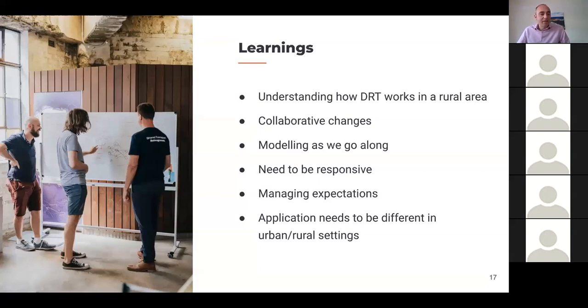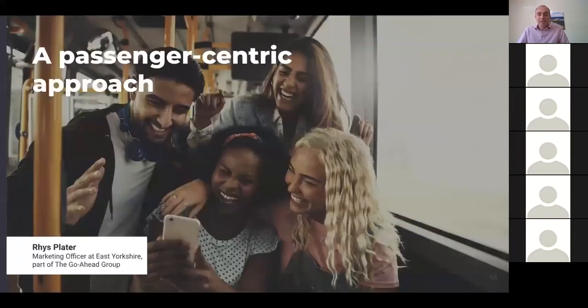And I think that to all the local authorities that are interested in this, understanding that kind of market is very, very crucial if you choose to go down this route, which, you know, DRT is a solution to some of the problems we have, particularly in rural areas, but it also needs to be treated differently from urban areas. So that's all from me. Thank you for listening, and I'm sure I'll be able to answer some questions later.